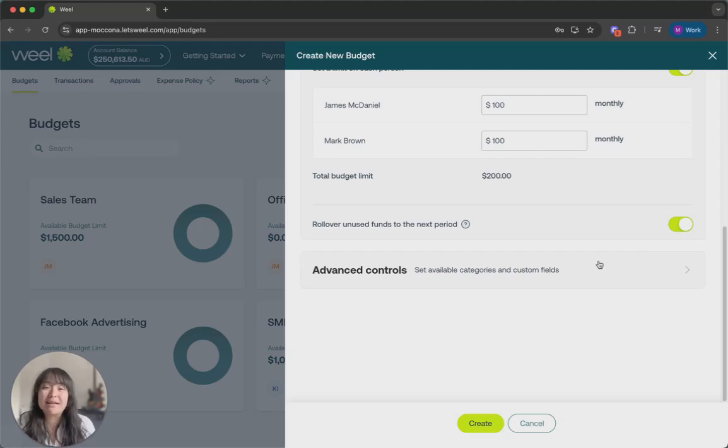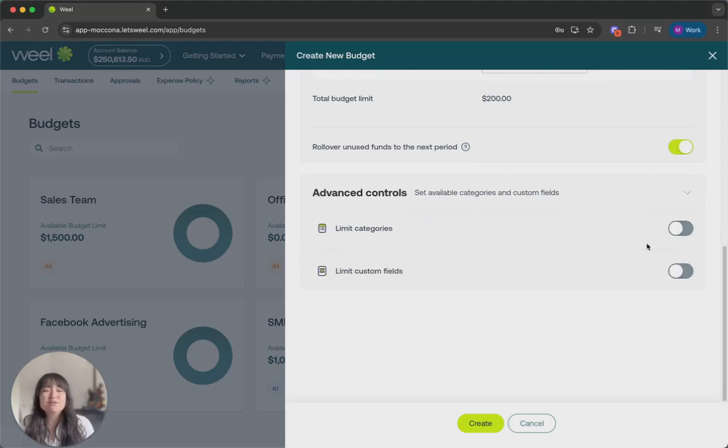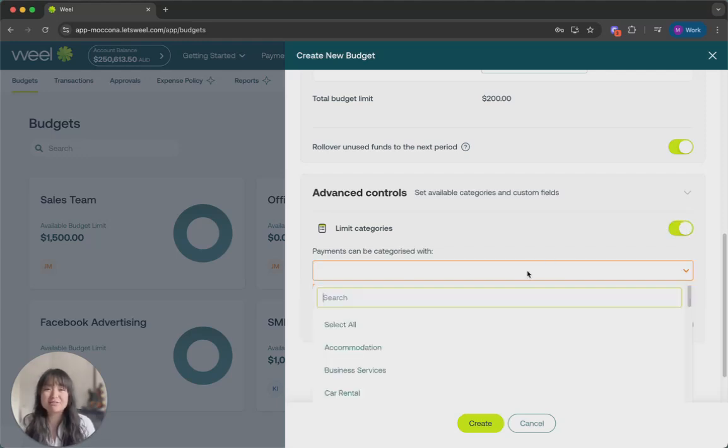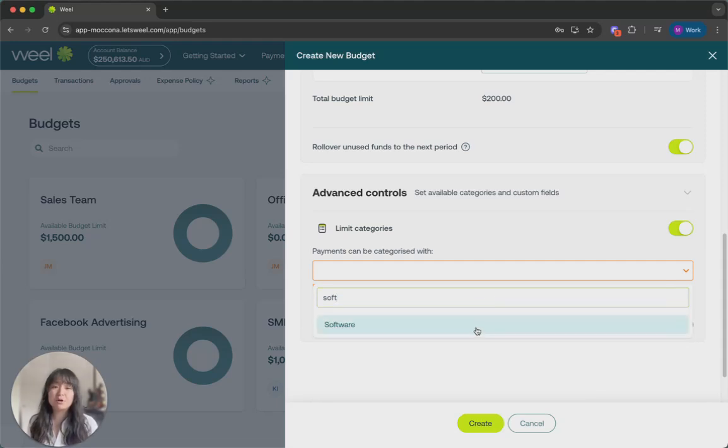Now, this is where it gets really easy when it comes to expense report management and submission time for month end. We can actually limit the category of the accounting code applied to any of the transactions made in this budget. So I know that for R&D purposes within the engineering team, they usually only buy software. And so that's where I'm going to put software as the category that's going to be available for the spend